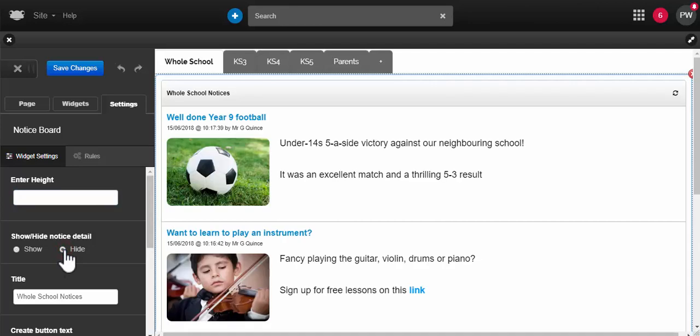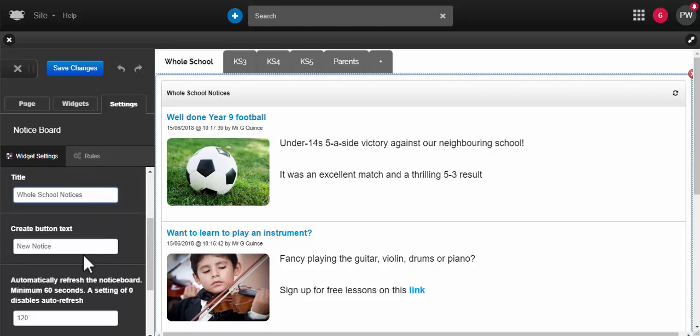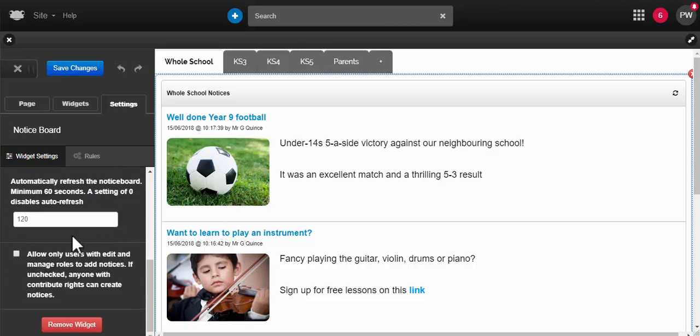further down. The Show Hide Notice detail allows you to decide if you want the notices to show the contents of each notice or just the title. You can change the title of the noticeboard, and you also have the ability to change the Create button text. You can also set how often the noticeboard automatically refreshes, so you can keep everyone up to date with the